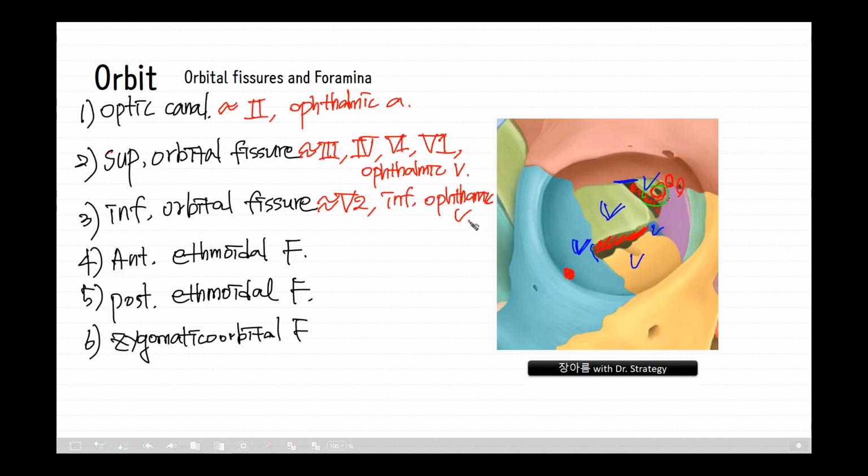Next, ethmoidal foramina. There are two ethmoidal foramina. The anterior and posterior ethmoidal foramina usually lie in the frontoethmoidal sutures. This is the frontoethmoidal suture, and there are two foramina, anterior and posterior. The posterior foramen may be absent, and occasionally there is a middle ethmoidal foramen. The foramina open into canals that transmit vessels and nerves that have the same name,